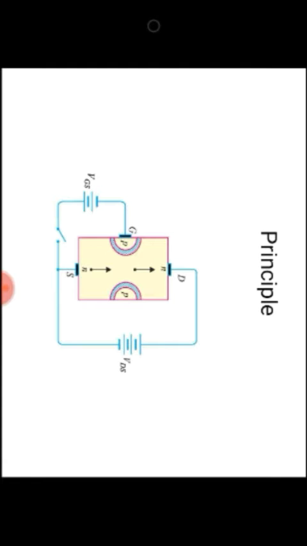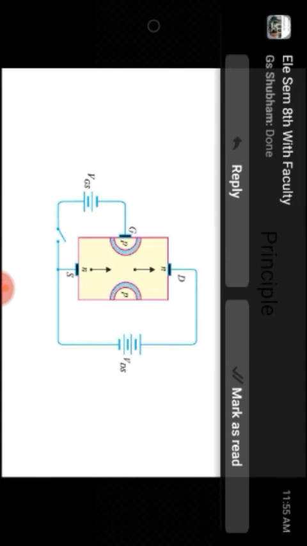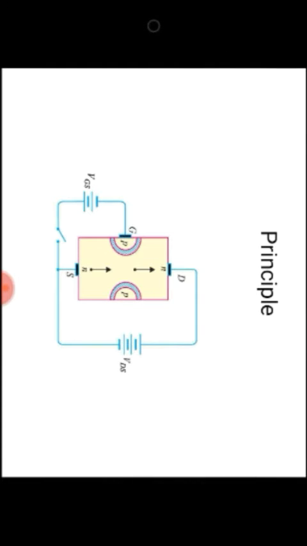Thus, the JFET operates on the principle that the width, and hence the resistance, of the conducting channel can be varied by changing the reverse voltage VGS. Okay, so that's why it is also called FET. VGS is an electric field. So by applying VGS, we control the channel width, or indirectly we control the flow of current in the JFET.